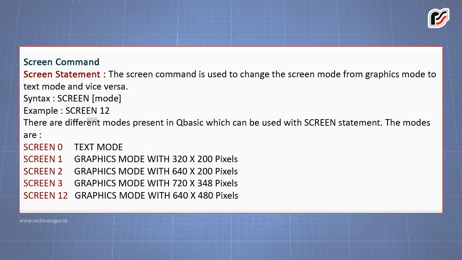Screen statement. The screen command is used to change the screen mode from graphics mode to text mode and vice versa. Syntax: screen mode. Example: screen 12. There are different modes present in QBASIC which can be used with the screen statement. The modes are